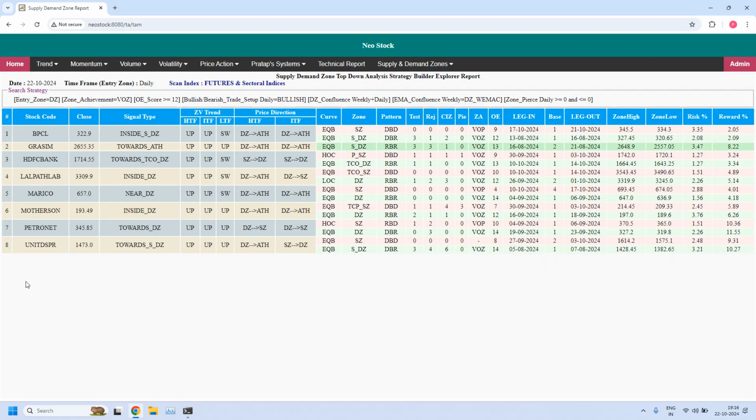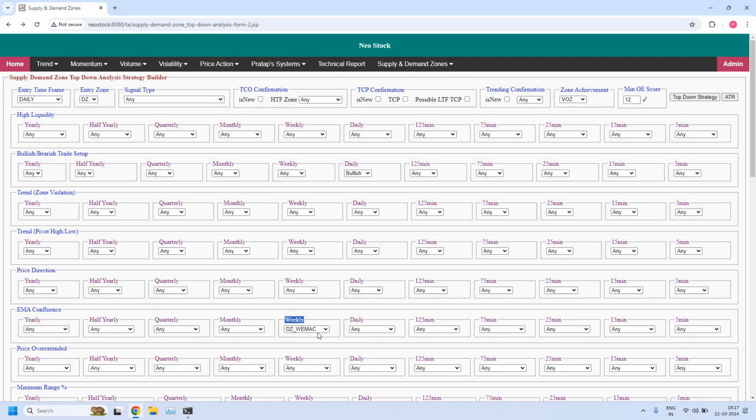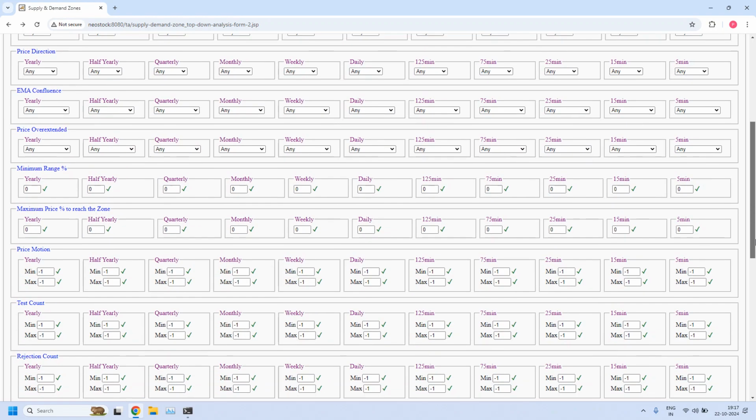Okay, this is about a bullish trade setup for monthly income trade and ITF confluence. Now, next high probability setup, let us look for LTF, ITF, HTF confluence, all the three. So I am removing the EMA filter. In the demand zone confluence,